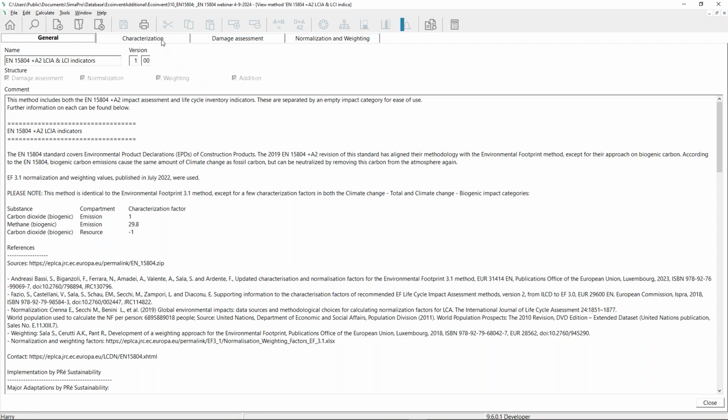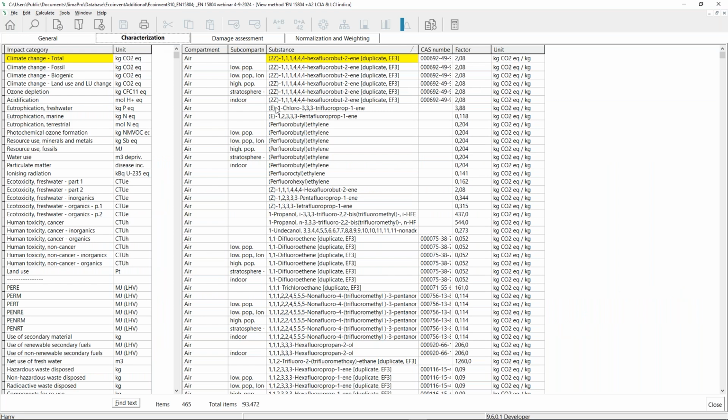Then we go to the tab Characterization. What I just want to show you, not all the impact categories, but what is important here is that you see a part 1 and a part 2. You can forget about it right away, but that had to do with previous limitations in our SimaPro software. More important probably is that the website where the characterization factors are downloaded from distinguishes inorganics and organics when it comes to toxicity, both for ecotoxicity and human toxicity.